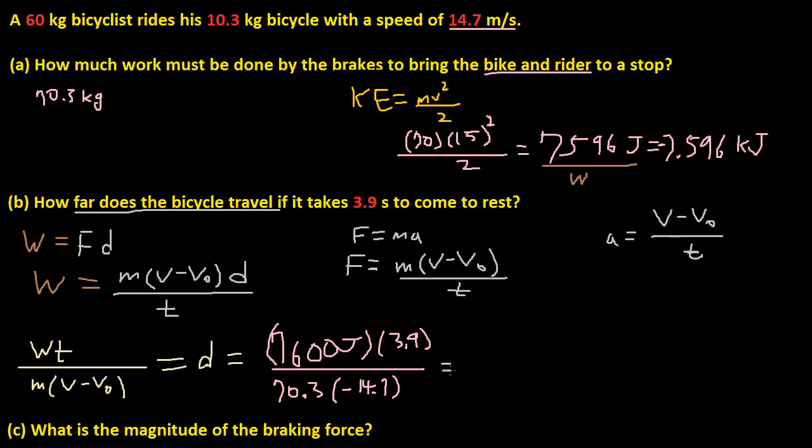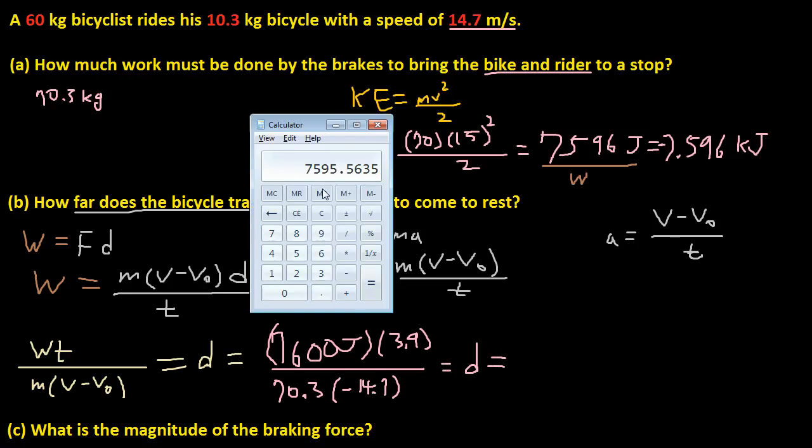So, more precisely, 7596 times 3.9 divided by 70.3 divided by negative 14.7, and we know it's negative, so I'm just going to divide by 14.7, and we get